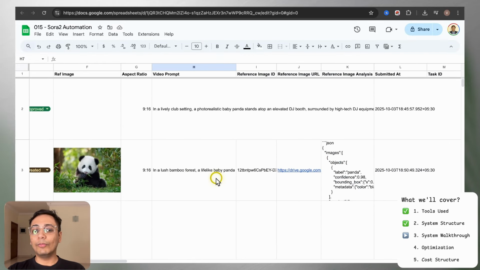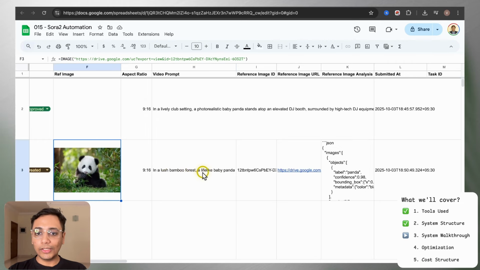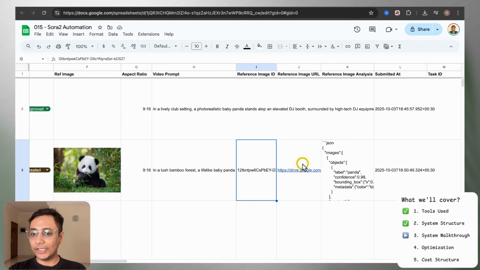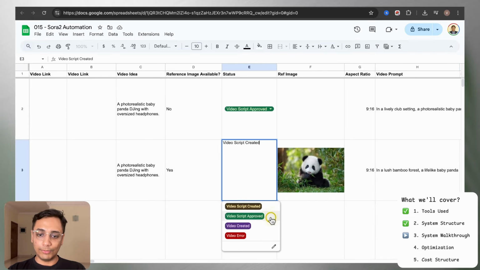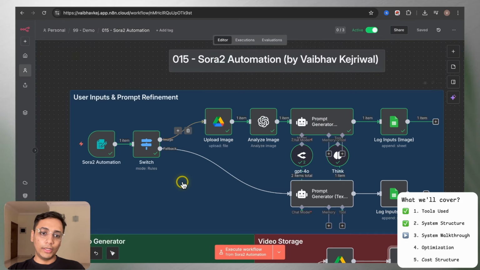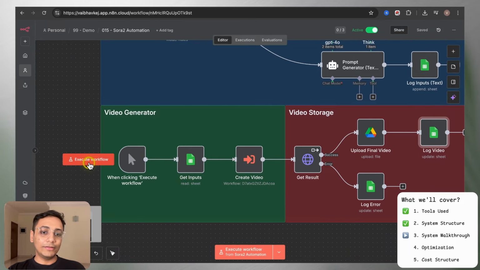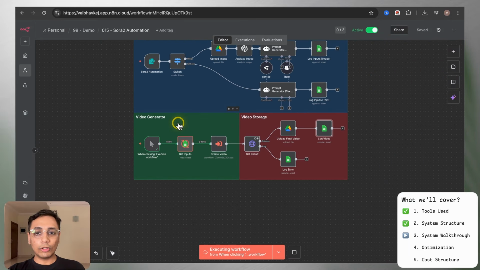And now it has some more data, which is basically the image, the prompt, and the reference image ID, URL, and its analysis. Now I'll just change this to video script approved as well. I'm going to come back to n8n and then execute this workflow, and I will quickly talk about what's happening